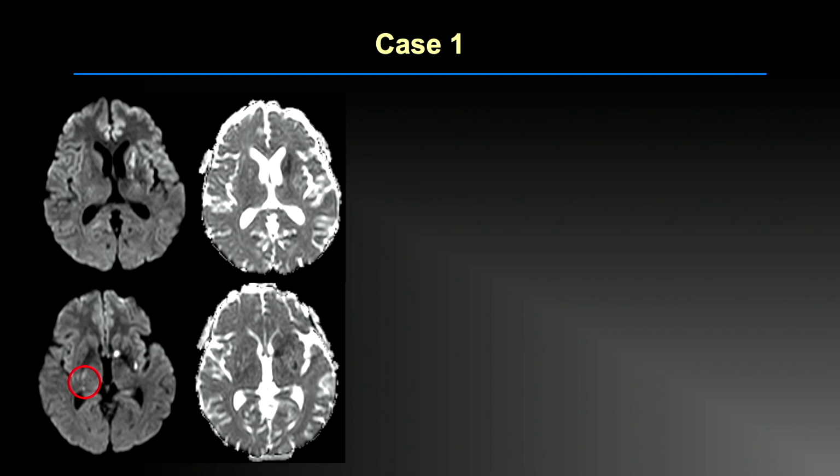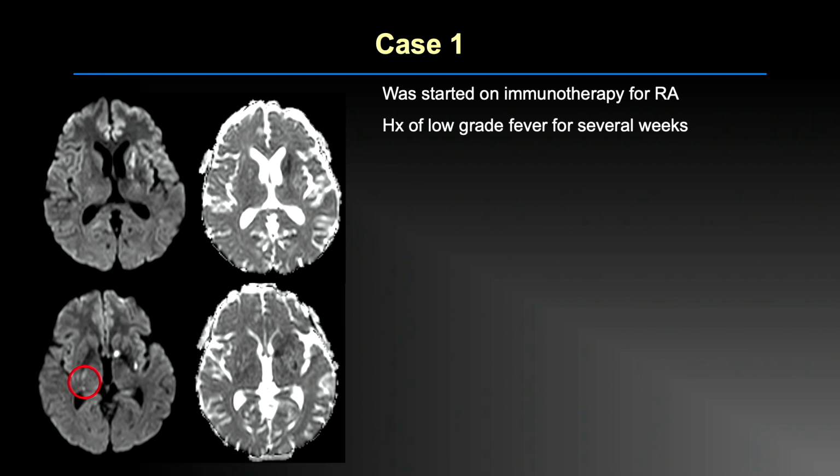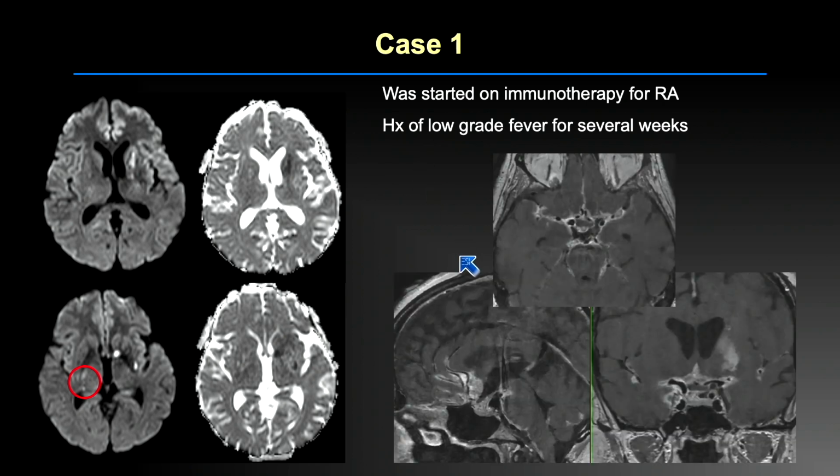So sort of bilateral infarcts, predominantly in the basal ganglia, deep gray. A little bit of history was given to us. This patient was started on immunotherapy for RA just a few weeks before, and also had history of low-grade fever for several weeks. So this is part of our stroke protocol, because, again, the possibility of CNS